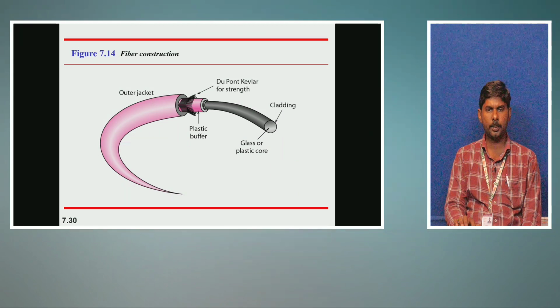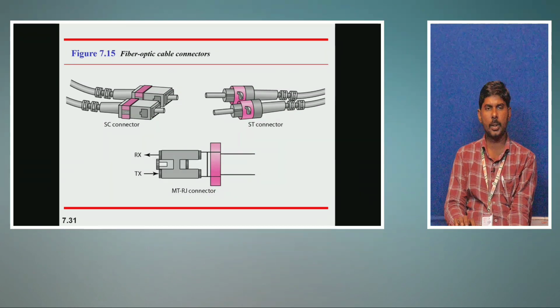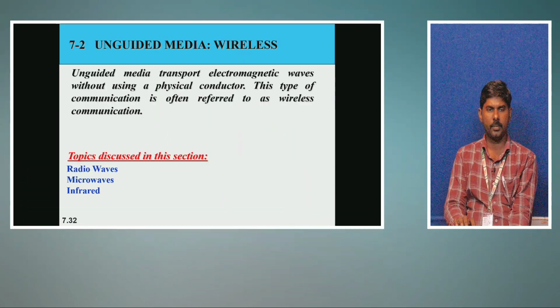So glass or plastic will be used as the core. Similarly a plastic buffer will be there, and to improve the strength an outer jacket will be there. Cladding also is mostly glass. So these are the different connectors for optical fiber cable which we use while transmitting through optical fiber cable. Then the last one is unguided transmission media, where without any physical media we are transmitting the signals,